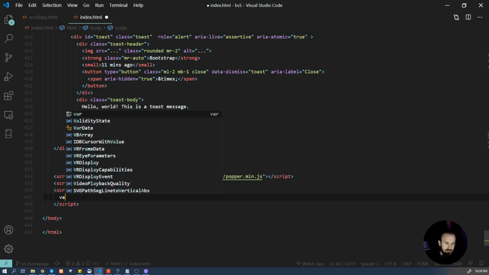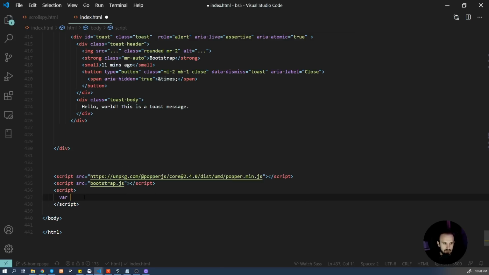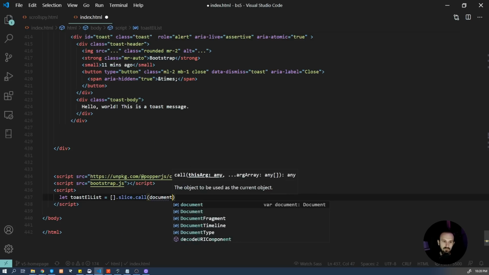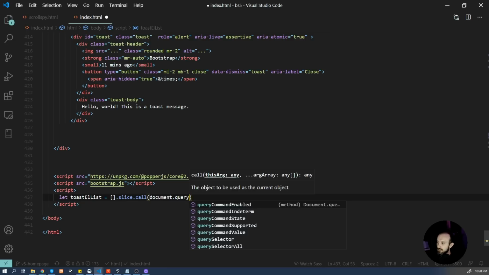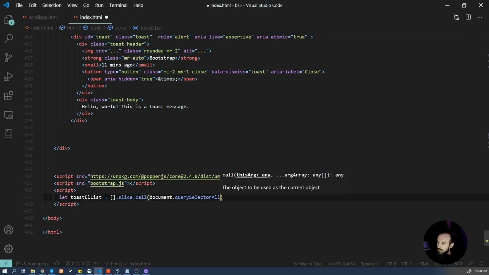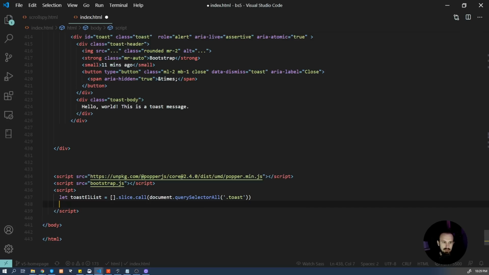So I'm gonna create an array. Let toast element list. So we're gonna create a list of our elements. We're gonna slice, query selector all, and we're gonna get all elements with class toast. Okay, and now for each element in the list, what we're gonna do,